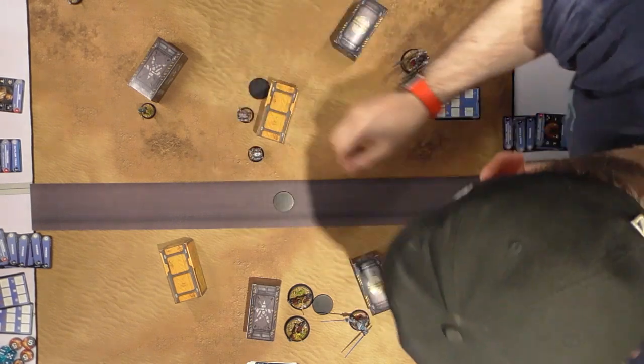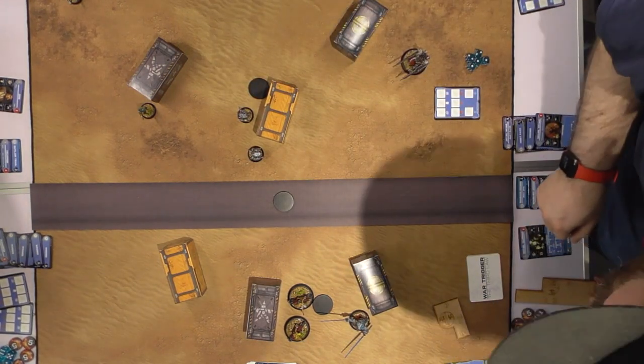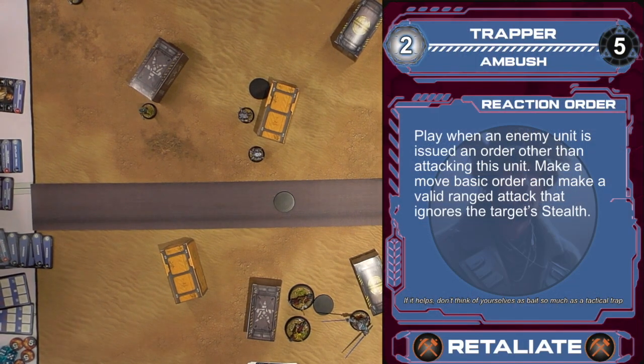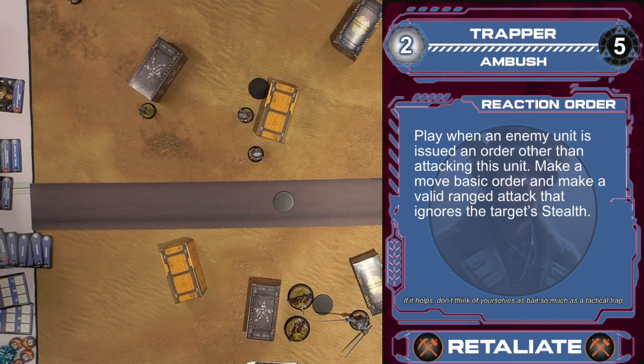Would you like to react? I would. I would like to play Ambush on my Trapper. Okay. So I will have to discard a card to do that. Yep. I'm going to discard... Ooh, I suppose we're going to discard...